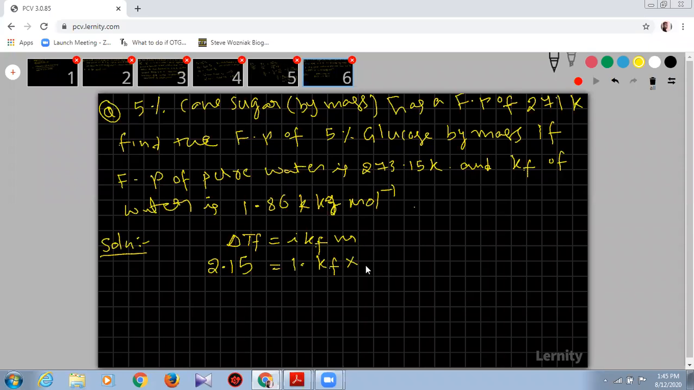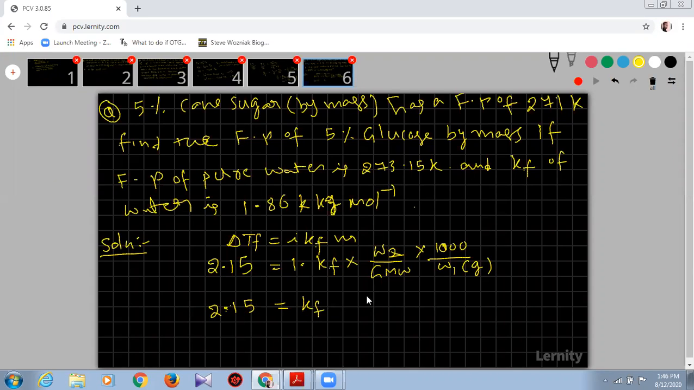Molality is the number of moles of solute dissolved per 1 kg of solvent. So I can write it as W2, that is the weight of solvent: weight in grams divided by gram molecular weight, into 1000 by W1. So delta TF is equal to 2.15, that is Kf, into...